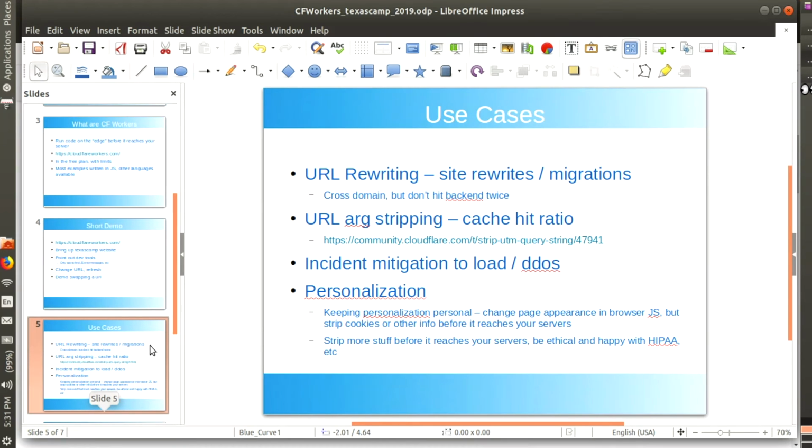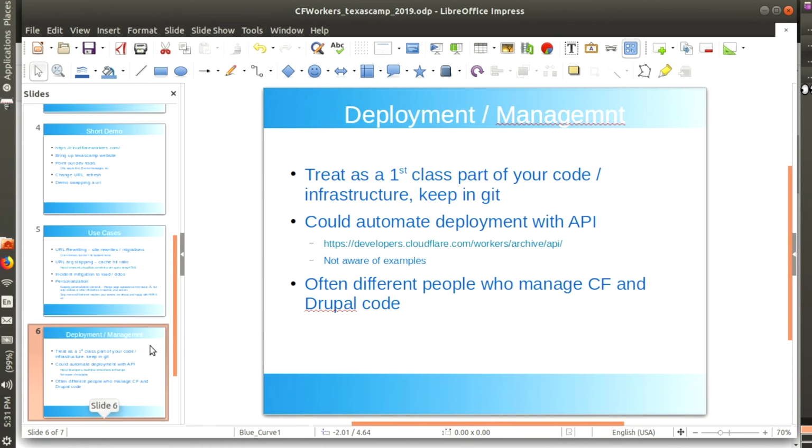Another use case that's not here, just because I forgot it, is that some people have done image resizing in there. So if you're coming from a mobile phone, it automatically swaps out all the requests for images for the mobile-sized one. I think in that case, there are probably better ways to do that in the more normal responsive website. But